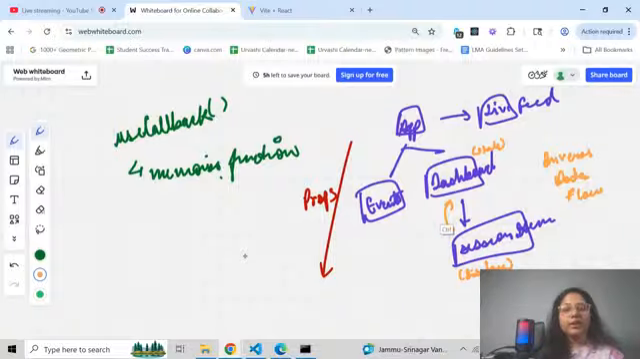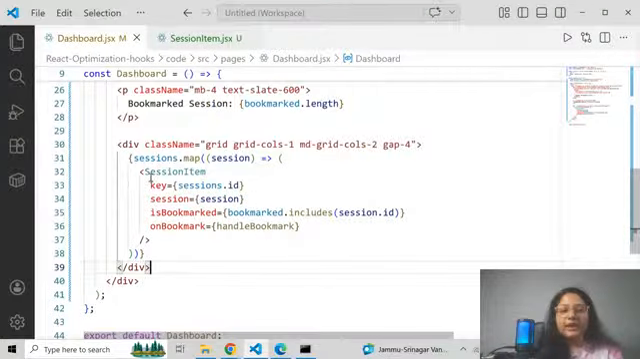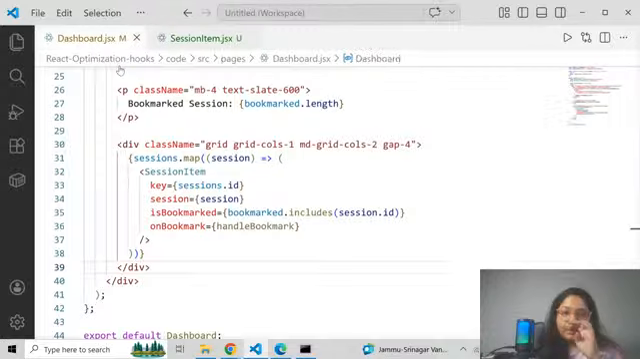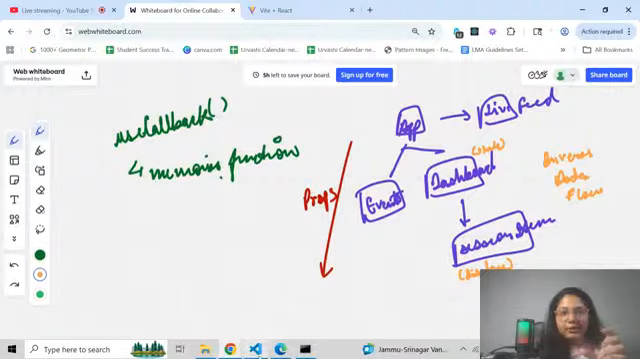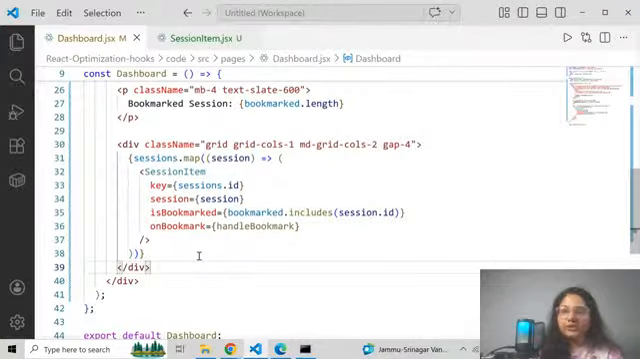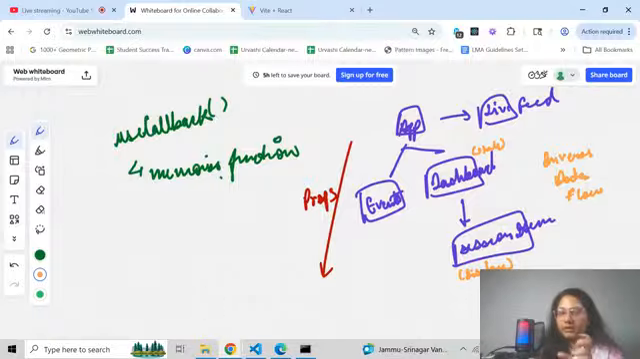I am sending the state data via props from this dashboard to session ID. You can see, dashboard to session ID. I'll be displaying this data, so I'm sending this data over here. Whenever I click on bookmark, it's like a delete button on each session, just like we have a delete button on product. I'll have a bookmark button on each session card. So when I click on that bookmark button, I have to go and update this value in this state. Whenever you have to send data from child to parent, the concept is called inverse data